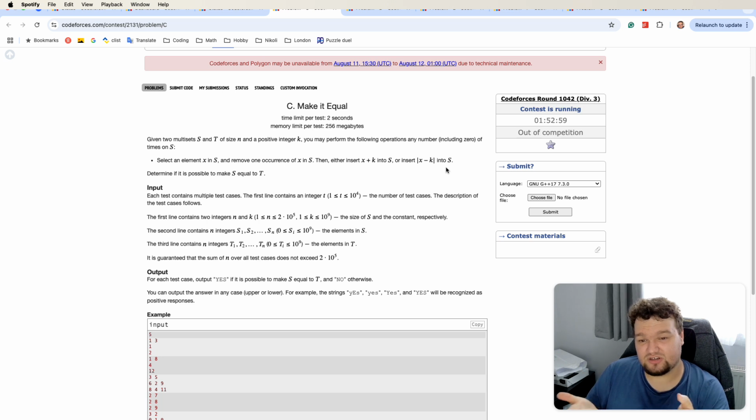And now we need to check if S and T can be made the same. So basically just count the number of times each element appears, up to the operation we allowed. So we split the remainders into pairs, and the remainders that are in pairs are actually counted as the same. Then we count the number of elements of that class, and those numbers must be the same for S and T for the answer to be yes. Otherwise it's no.